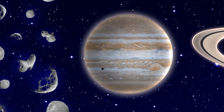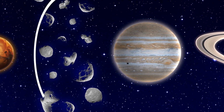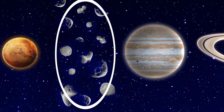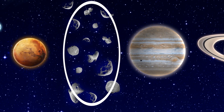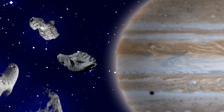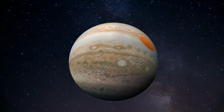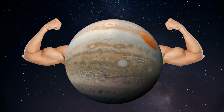How would the disappearance of Jupiter affect our solar system? For one thing, this gas giant shepherds the asteroid belt. And without Jupiter out there, the belt might grow unstable. It would lead to an increase in the amount of debris invading the inner solar system. Plus, the gas giant also acts as a sponge, absorbing rogue chunks of rock and not letting them enter the inner solar system. So, it's great that Jupiter is practically indestructible,